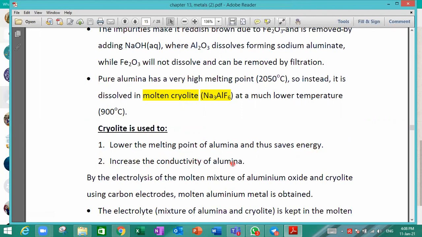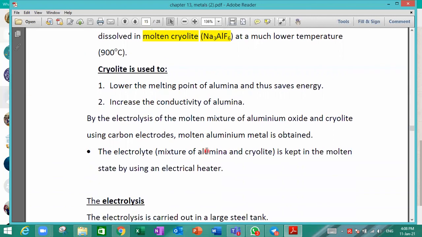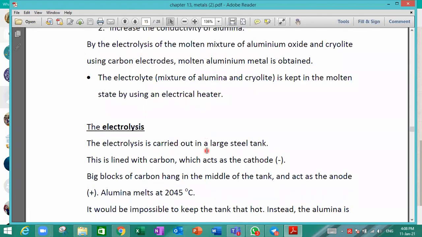It will increase the conductivity of alumina, meaning that it will let the aluminium ions and the oxide ions move faster in the electrolytic cell. So cryolite has two purposes. It lowers the melting point of alumina, and the second purpose is to increase the conductivity of alumina. Okay. Now, when we do this electrolysis,